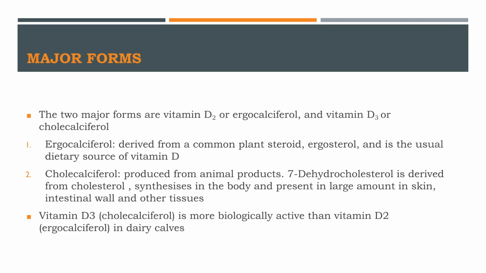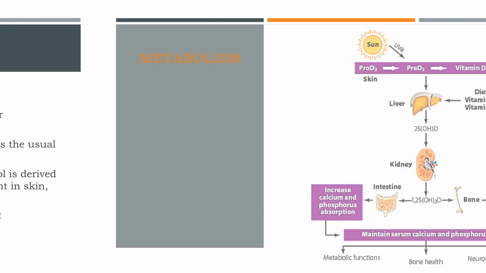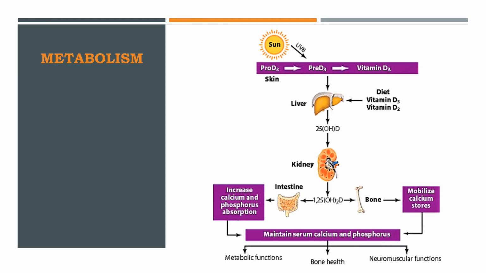The two major forms are vitamin D2 or ergocalciferol from plants and vitamin D3 or cholecalciferol from animal products. D3 is considered more biologically active in dairy calves. Vitamin D metabolism involves synthesis in the skin from sunlight or intake through diet. It is then processed by the liver and kidneys to its active form, which helps maintain calcium and phosphorus balance